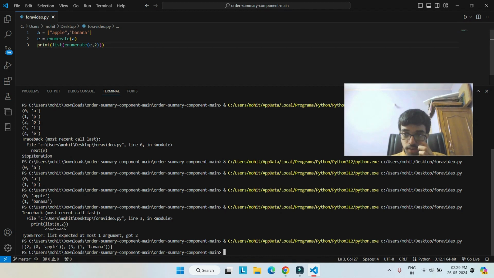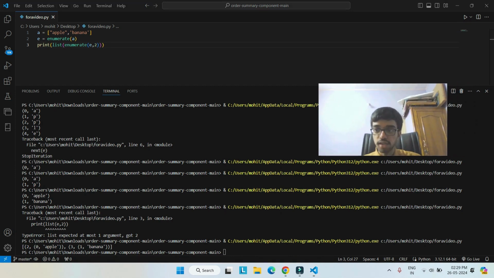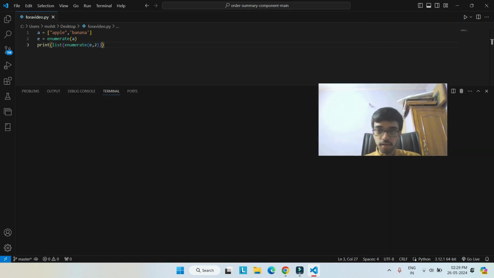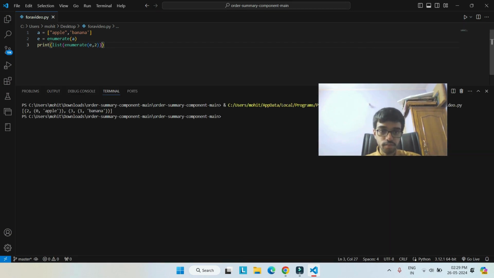Or let me do one thing. Just move the camera here and delete the terminal. Run it again. Notice the output. So you're having an index that starts from 2 and then the tuple with a unique index and the value.